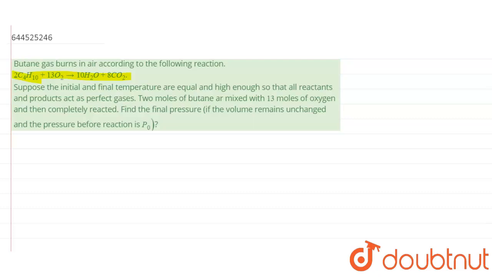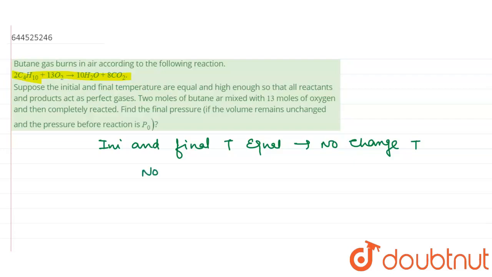So let's start the question. Let's write the given things first. In the question it is given that the initial temperature and the final temperature are equal. Temperature equal means no change in temperature, and the volume is also unchanged, no change in volume. So basically it is said that